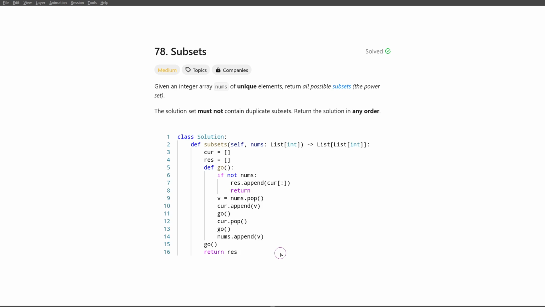Hello everyone, today we'll talk about the problem subsets. We're given a list of unique values and we have to return a list of all the subsets of that list. Now this is a very simple problem that we just have to implement, and the general idea is,